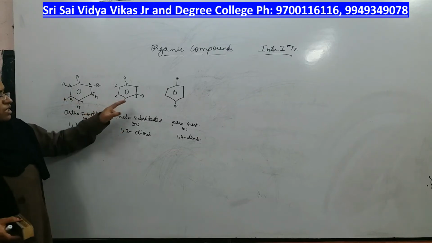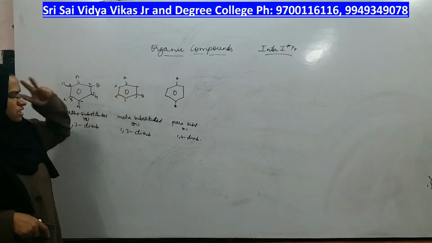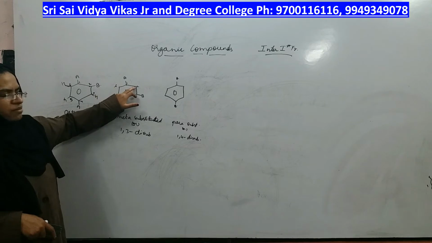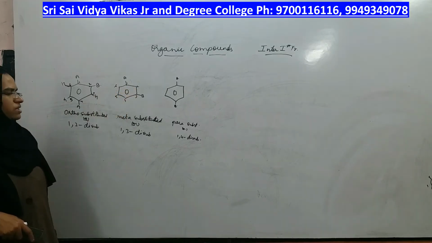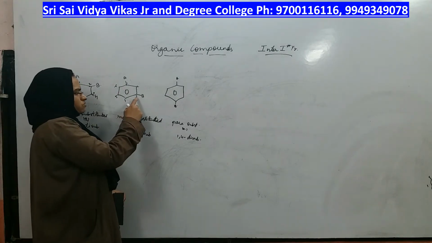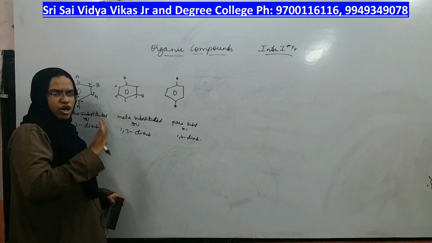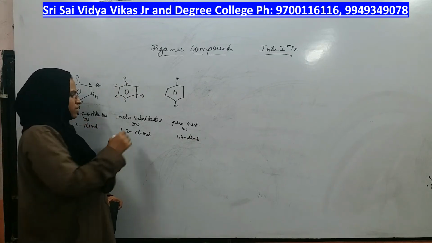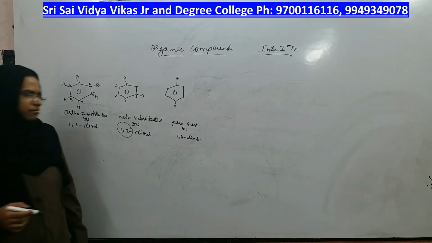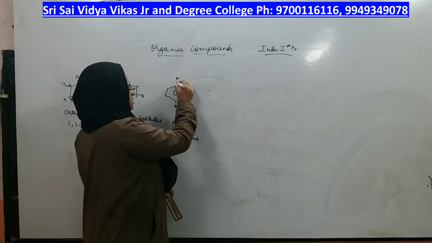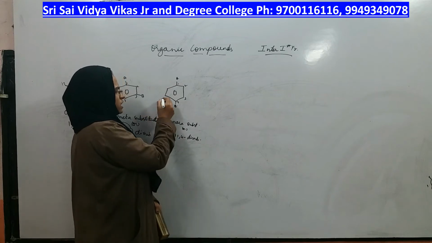If you give other numbering, even they are also meta to each other only. Which other positions are meta to each other? 6 and 2 are meta to each other, 2 and 4 are meta to each other, 4 and 6 are also meta to each other. Same way 3 and 5 are meta to each other, 5 and 1 are also meta to each other. All of them are meta substitution only, but you should always use 1 comma 3 because that is the least possible number. Going to the next substitution, for para substitution you should take 1 comma 4 only, because that is